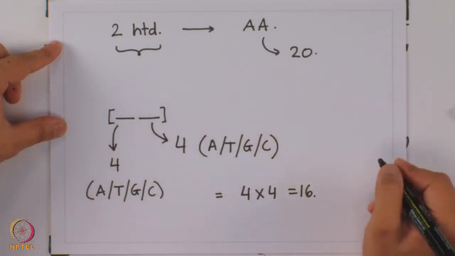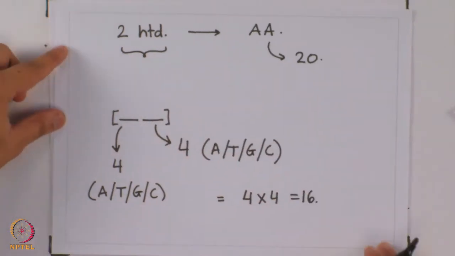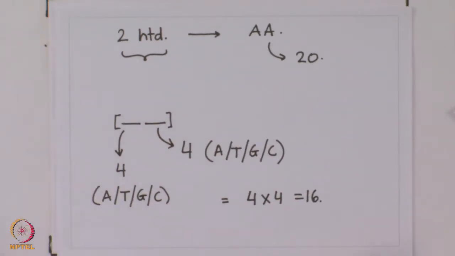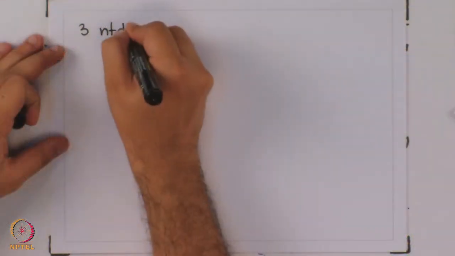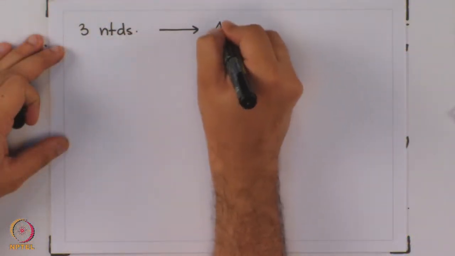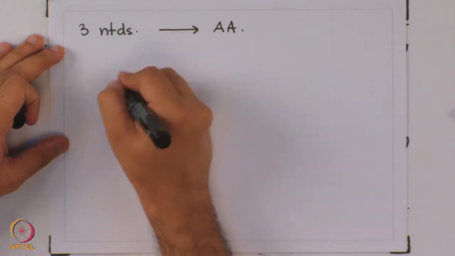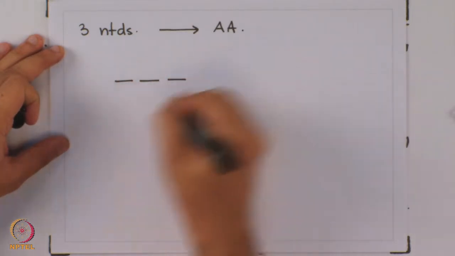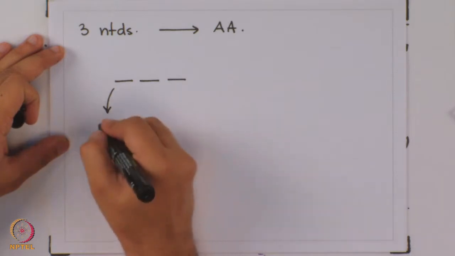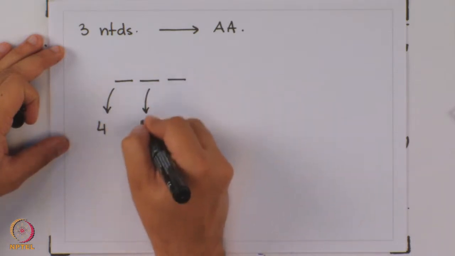still less than 20. So even this scheme of 2 nucleotides in a sequence corresponding to an amino acid does not really work. So we need to go another step, and let's see what 3 nucleotides corresponding to an amino acid do. 16 is close to 20, so this should hopefully do it. So now we have 3 nucleotides corresponding to an amino acid, and to fill the first place we have 4 options, the second place we have 4 options,